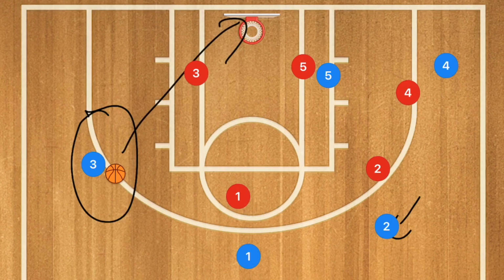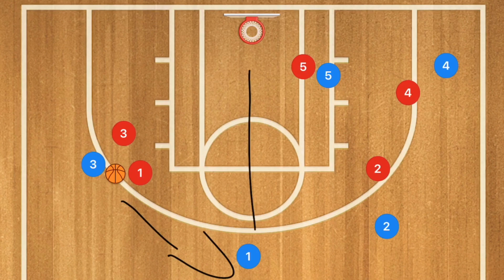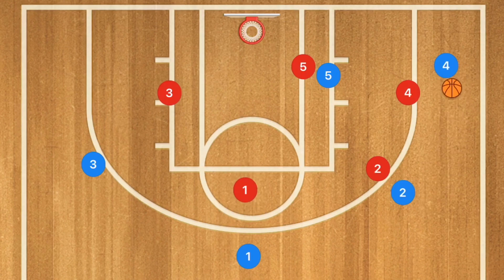That is one option. Now, if he gets that ball, you're going to see both 1 and 3 closing out on him, so he needs to be smart and say, oh, hey, I can get off the shot, or if I can't get off the shot, we can pass back to player 1 for that 3-point shot there. But going back into the play itself, player 2 passes to player 4,